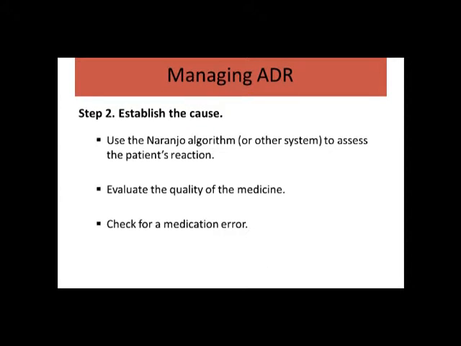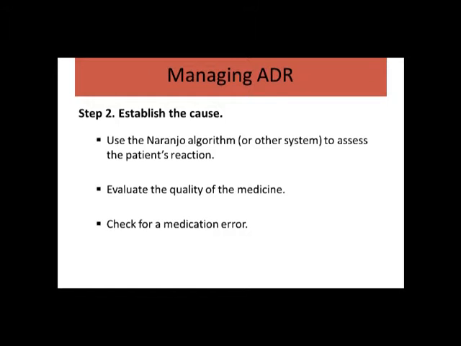As I said, you need to be very sure of the cause of the adverse drug reaction. So we use what's called the Naranjo algorithm, which we already looked into, to assess patients' reactions. Evaluate the quality of the medicine, because that's also important. Two companies might produce the same medication, but one might be of lower standard than the other, which gives rise to a lot of adverse drug reactions. There might be adulteration in the medicine at times, so you need to look into the quality of the medication. It's not that ADRs arise due to the medicine, but due to some other things in the medicine, syrup, tablet or capsule, whatever it might be.